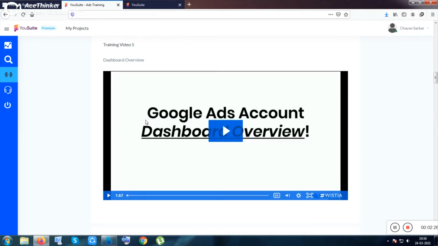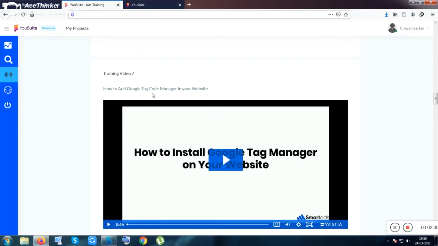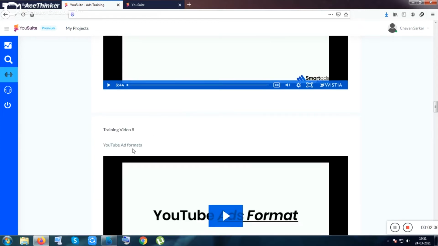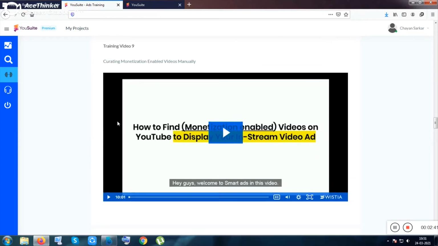The next one is dashboard overview and the manager setup, how to add Google Tag Manager to your website. So the next thing is YouTube ad formats, and the next is enabling videos manually, monetization enable,